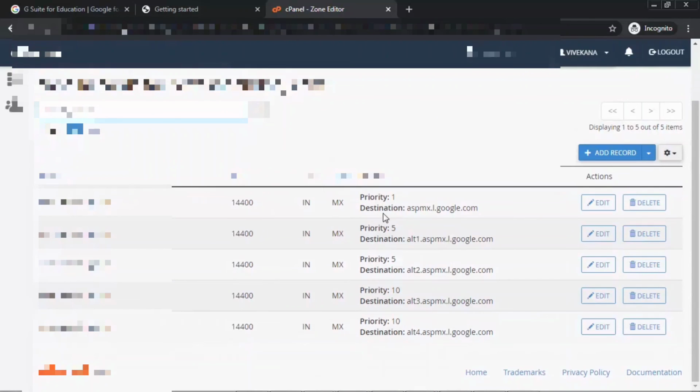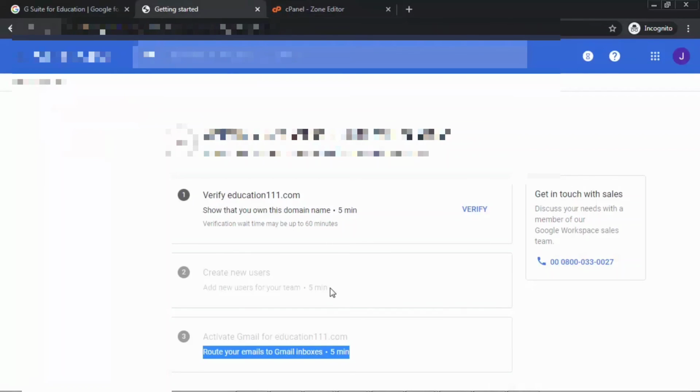These are the MX records that you have to set, like this TTL number, this class and type, and record priority. You have to set all the priorities, just as you can see on the screen here. This MX record must be of priority 5, and all the TTL numbers must be 14400. After adding all these 5 MX records, you are able to use the Gmail account for all your users that you are going to add here in your admin panel.